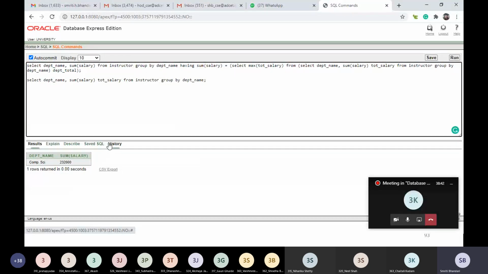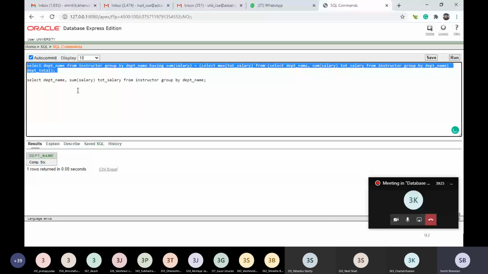See what I have done? This is our earlier statement that was providing us the maximum of the department's total salary. Now, what did we want? We wanted to get the name of the department who is having the maximum total salary of the instructor. So if we are asked for only the department name, we may even remove this sum of salary attribute.